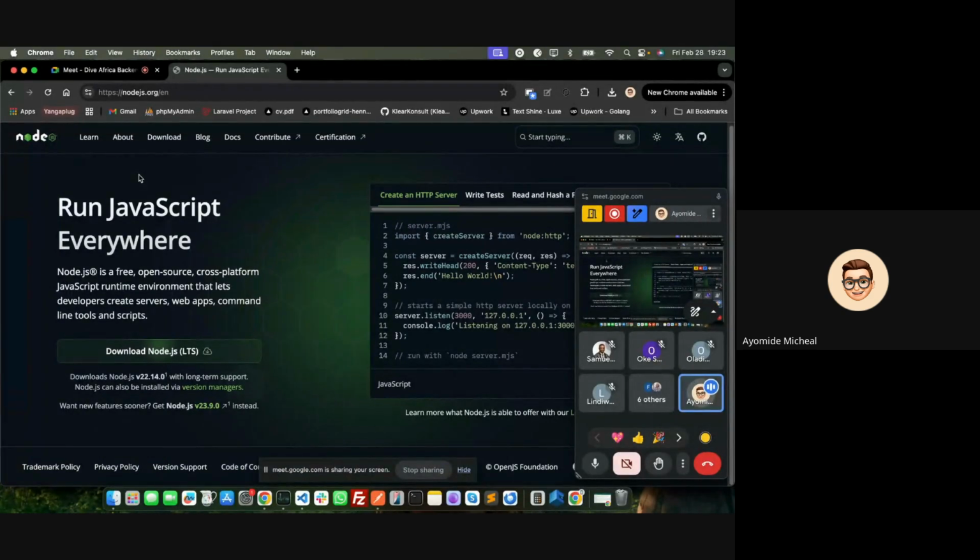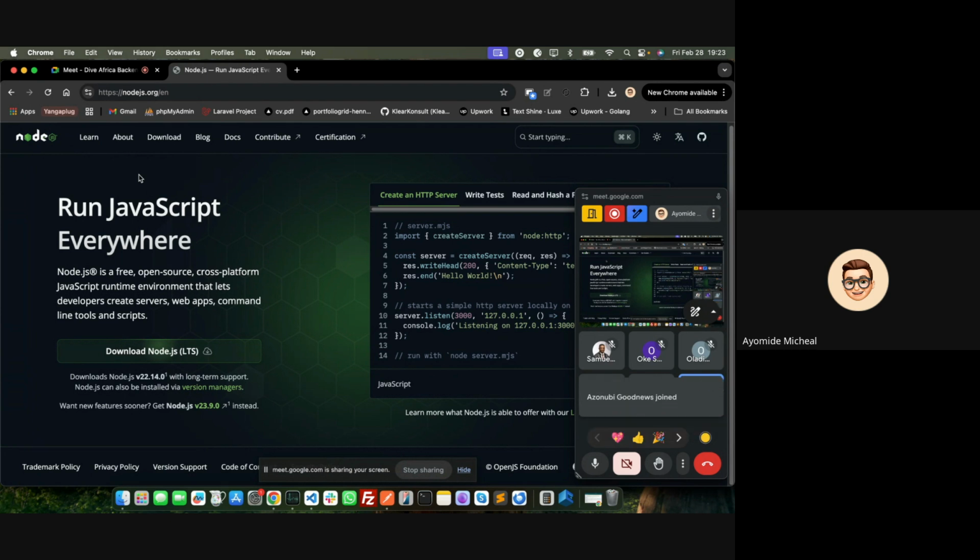Like I said, primarily JavaScript was built to run on the browser, right? And then let me recap. I said JavaScript was built to run on the browser with an engine,